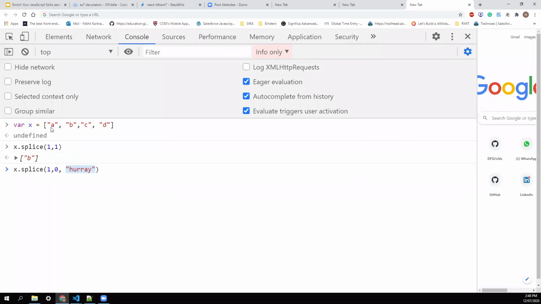It will say index 0, index 1, and no element, 0 elements I have to delete, and then it checks the third argument and sees, okay, hooray is there, I want to add it at the first index. So if I hit enter and press my X again, you can see at a particular index, I have added that value.